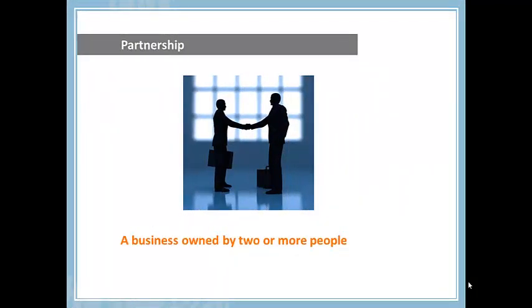A partnership is a legal agreement between two or more people to be jointly responsible for the success or failure of a business. Partnerships represent about 10% of the U.S. businesses. Partners share the profits if the business is a success and the losses if it fails. Profits are usually divided according to the amount of time and money each partner invests.